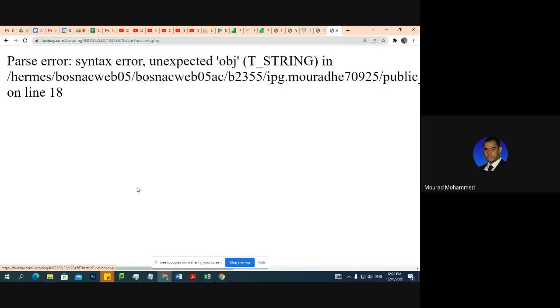Upload, test. Parse error. It's not a fatal error. Obj here, it is not expected to call actually a static function. It is not actually utilized in this syntax. What I'm going to do now,